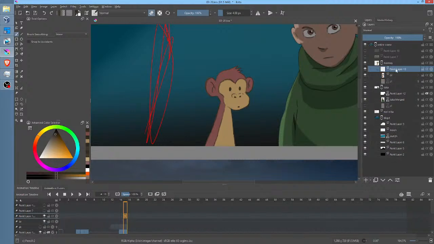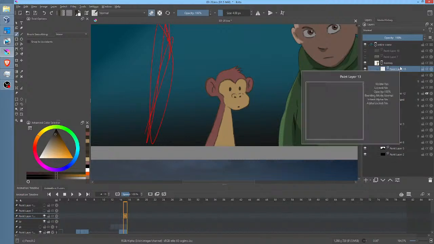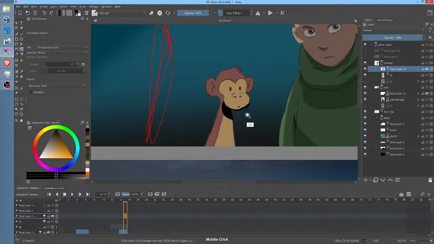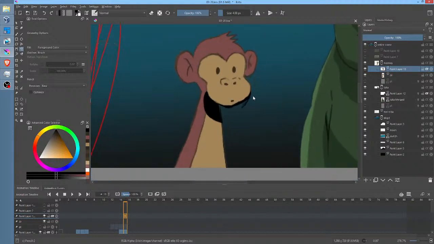And probably ought to give him both a shadow layer and, well, like Luca has, he's backlit. So there's really going to be two shadow layers. G key, so we need a shadow layer to catch this under here. Obviously, we want to be alpha locked. That's a little problematic, but we can, in this case, compensate for it a bit by just erasing.